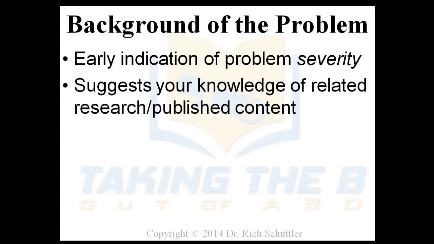The background of the problem is a place where it suggests your knowledge of your related research and published content. Here we're not asking you to cite authors of books. We're asking you to look at providing real-time, real information that's produced that shows statistical analysis, perhaps citations from things related to or published from the Census Bureau, other government publications. Perhaps it's research articles that you have found that are related to your research that help suggest what the problem was and how it came to be.